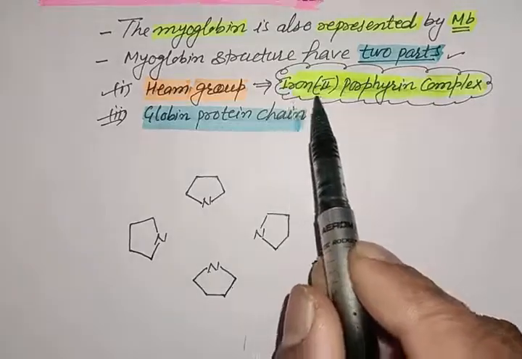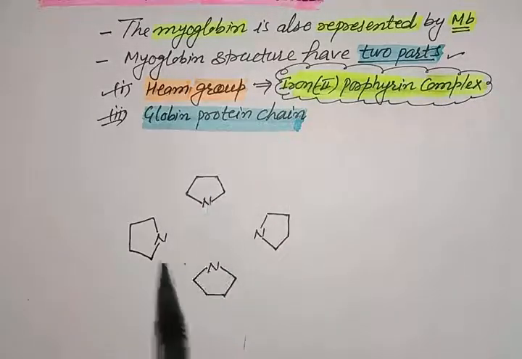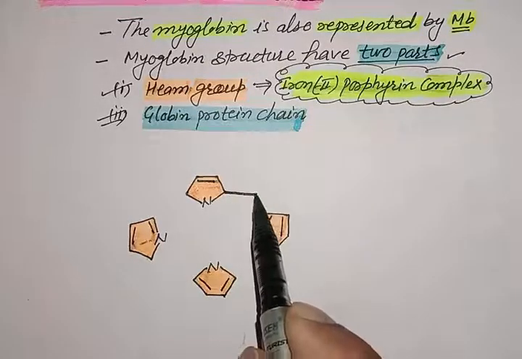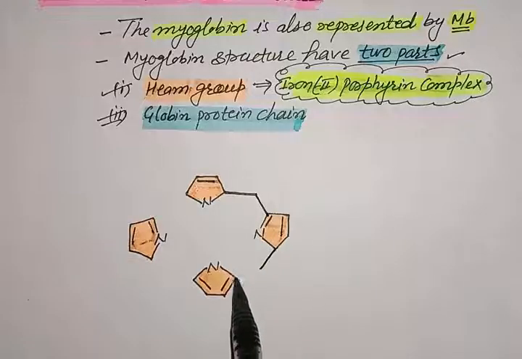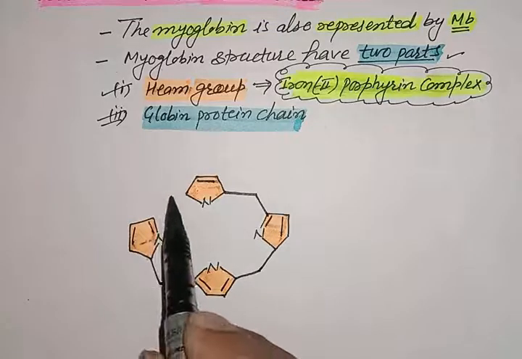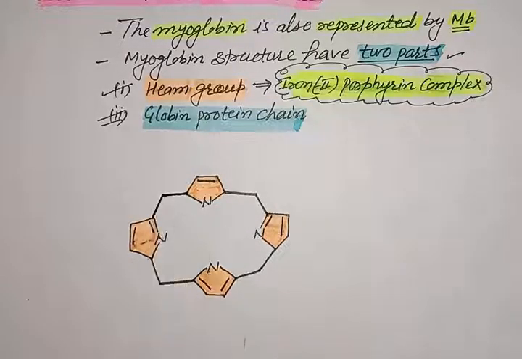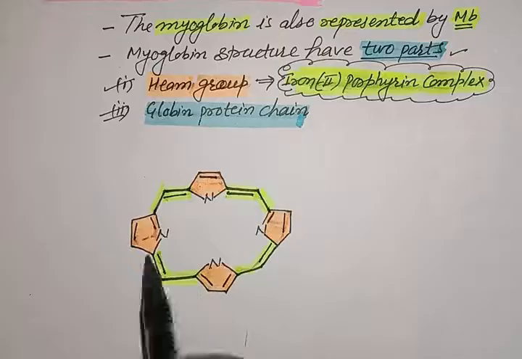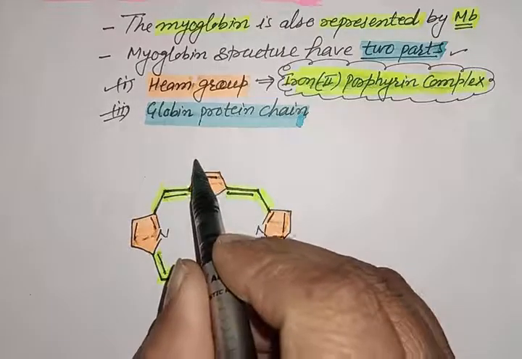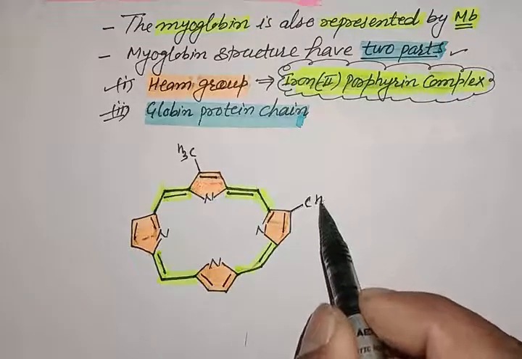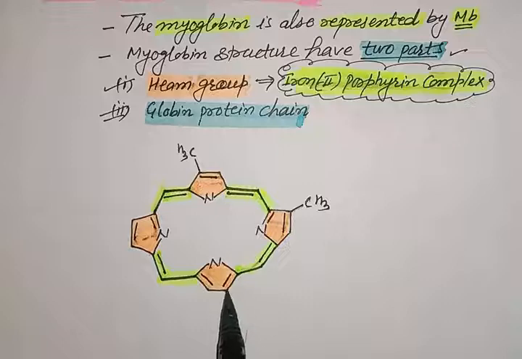As we know, in the iron 2 porphyrin complex there are four pyrrole rings, and these four pyrrole rings are attached together by the methane bridge, that is the CH bridge, having alternate double and single bonds. Different substituents other than hydrogens are attached at the pyrrole rings: at carbon number 1 there is CH3, and carbon number 3 is also a CH3 substituent, carbon number 5 CH3, and carbon number 8 there